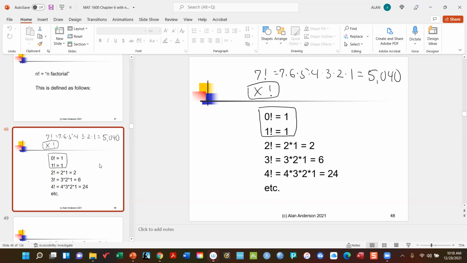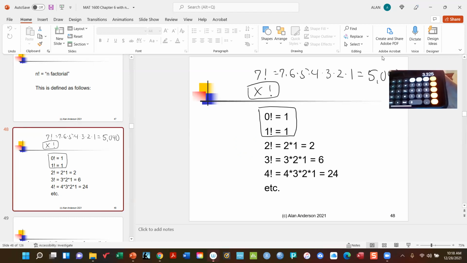In fact, if you look at your Apple iPhone, let me get this thing out for a second. If you're wondering where it is, now if you have a more advanced calculator, you should go find it on your calculator. But if you look at the scientific version of your iPhone, remember, that's the basic calculator. Turn it sideways, and it becomes an amazing scientific calculator. The x factorial is